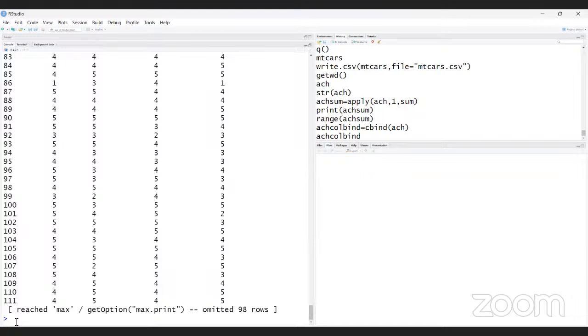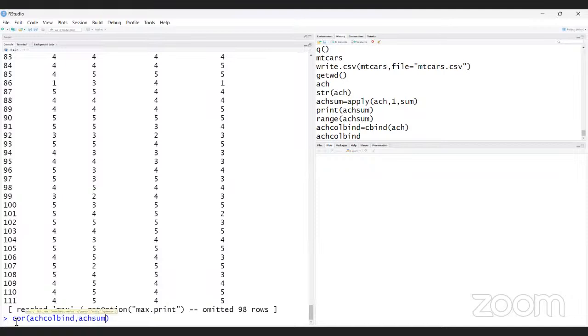Now I can write down COR, bracket H col bind, comma, H sum.